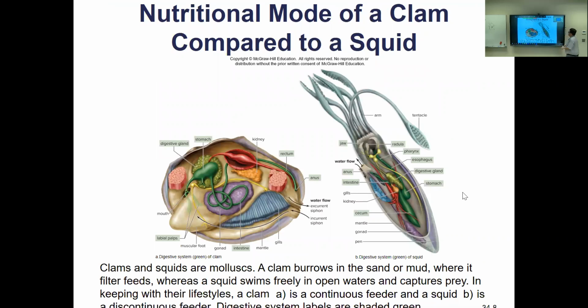Here's our clam on the left. Here is our squid on the right. I believe the green areas are digestion. On both sides you can see the mouth, digestive gland, stomach, intestine, gonad, gizzard for squeezing and crushing the food, kidney, and rectum where the tube comes out. And I always love how they blow food right out their mouth. It's kind of weird. I mean, they're in a current cycle. That always bothers me, right?